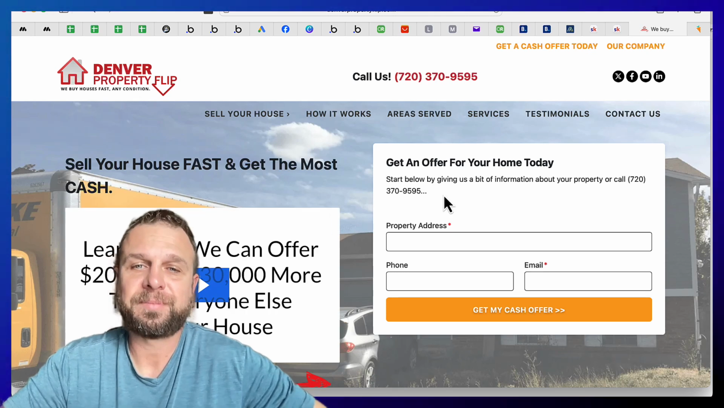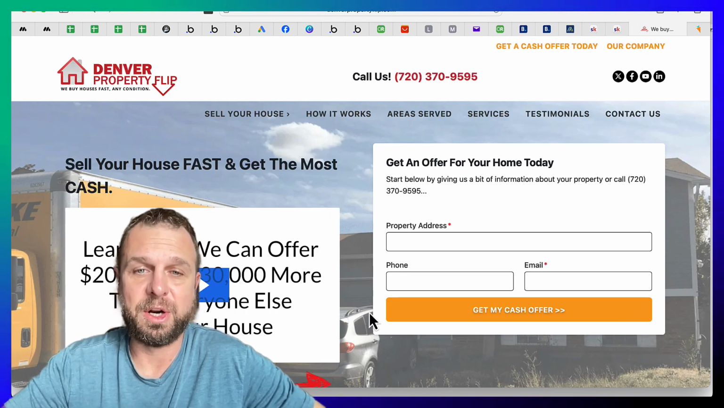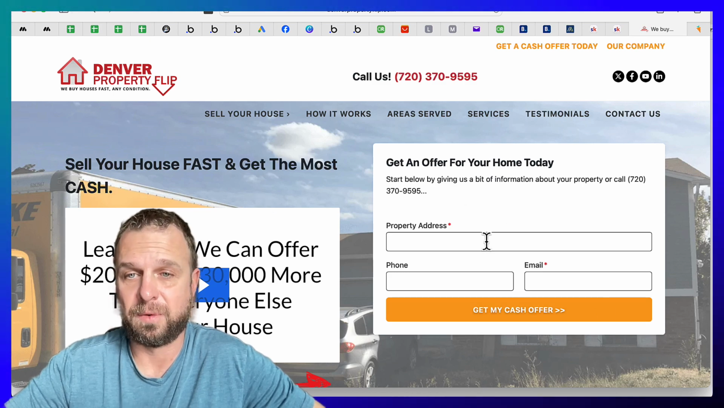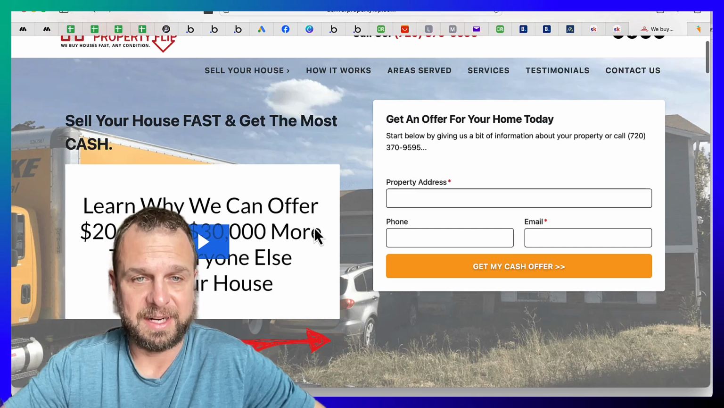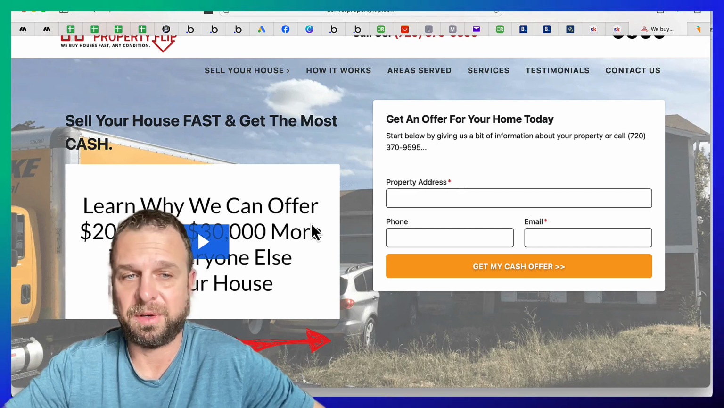homepage. The other key piece, notice it's above the fold here on the homepage. So when you go to the main page, this form is up high. It's not buried down low. All right, I have a video here that explains how we can get them 20 to 30K more than everyone